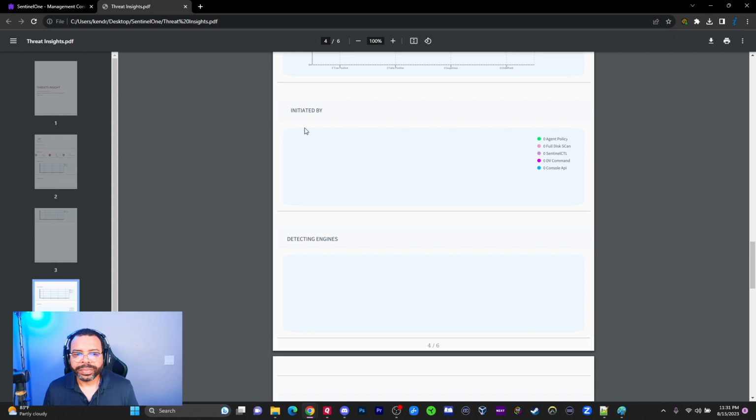It brings it home. And then you said initiated by the agent policy. Okay, so a policy that we created or that the agent has assigned to it, full disk scan, SentinelOne CTL. I'm not sure what that is. DV command, console API. I do know what this means. This correlates with some of the actions that we discussed in the previous video. I think that's on the Sentinels tab. I forgot what they abbreviated them here, but a lot of the MSSPs probably will use APIs to automatically detect stuff, correlate it, do the security orchestration and then take action using the API,